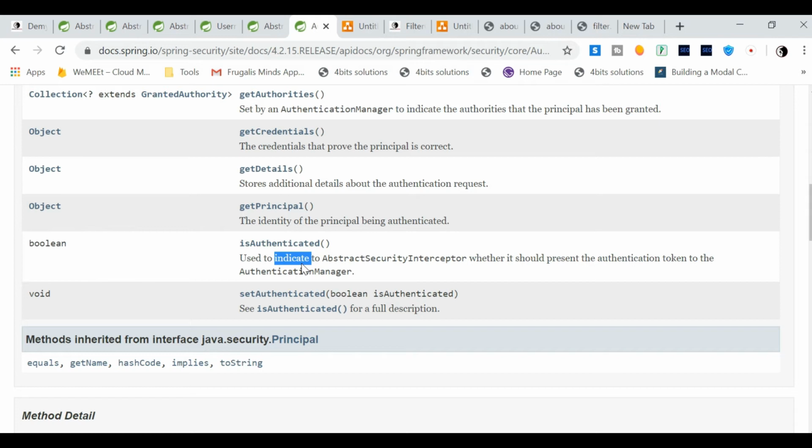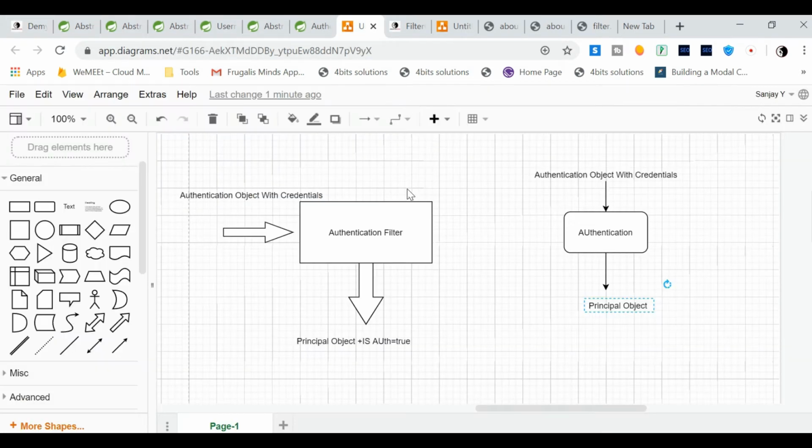This is how a typical authentication object goes around in the Spring flow. The authentication filter takes the input of that authentication object, does some processing, and then returns a principal object, that is the object which is authenticated. If it is not authenticated, it throws an exception.